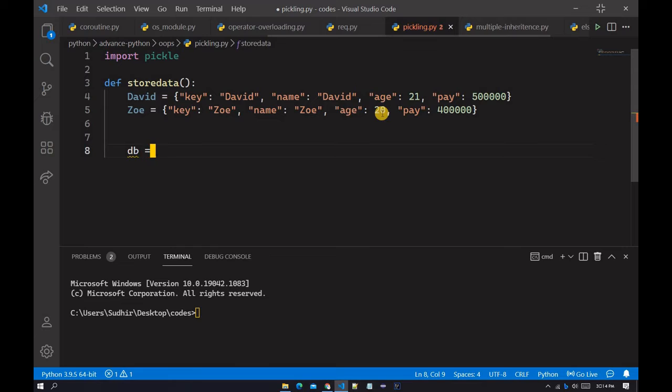Then you have to type db is equal to a blank value, and then we have to type db, and we have to type David with a capital letter.